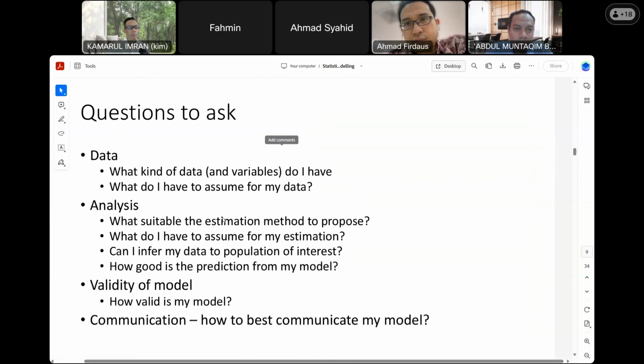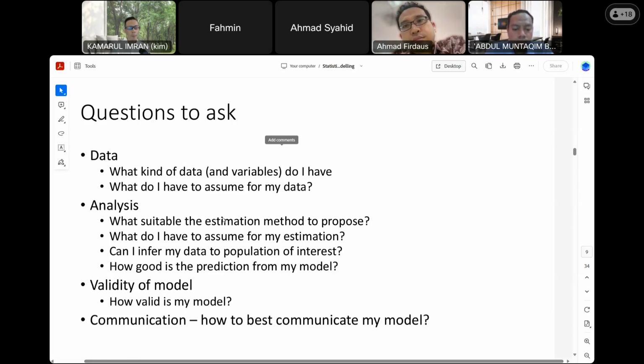So, again, you have to ask yourself what kind of data you have, and what kind of assumptions you have to make for your data. Not just for the outcome variable, but also for the independent variables. You also have to make assumptions about the selection of the sample. You also have to assume, if you take blood pressure, for example, you use